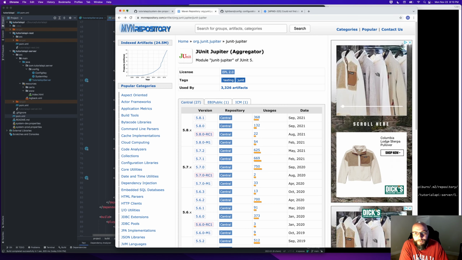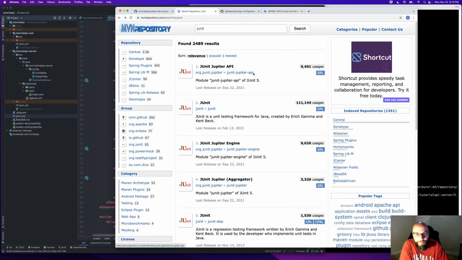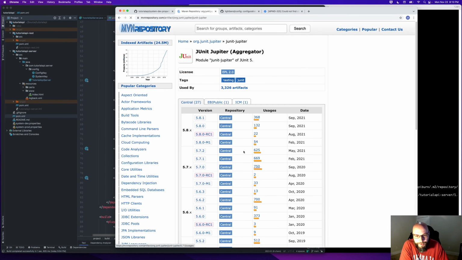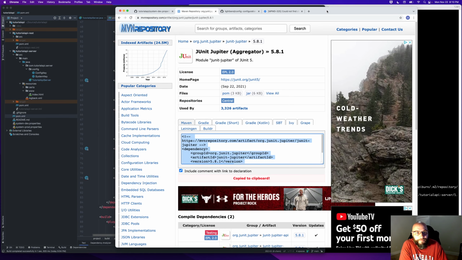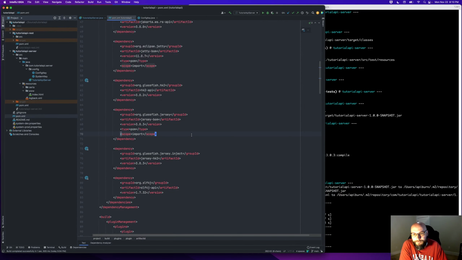I don't know what this has in it compared to JUnit Jupiter API. I could probably Google this, but just for now, I'll get this one and see what happens. So let's copy this. It's org.junit. I guess we'll put it down here.